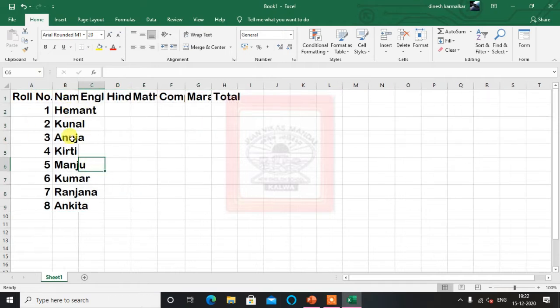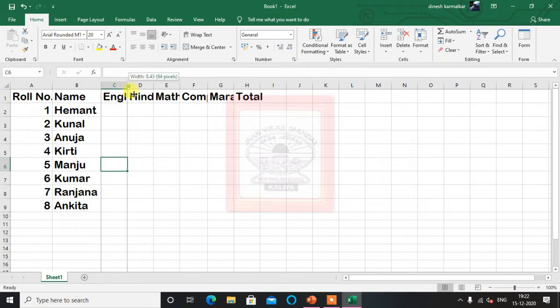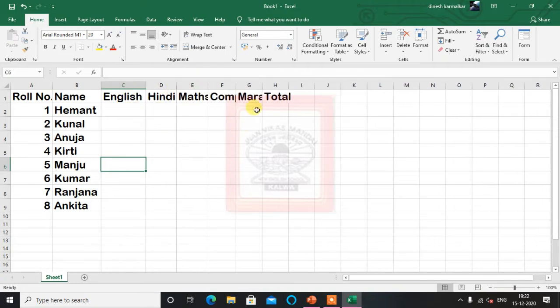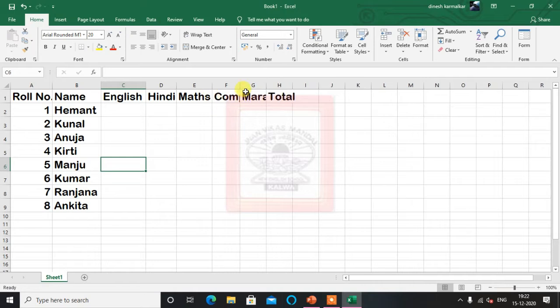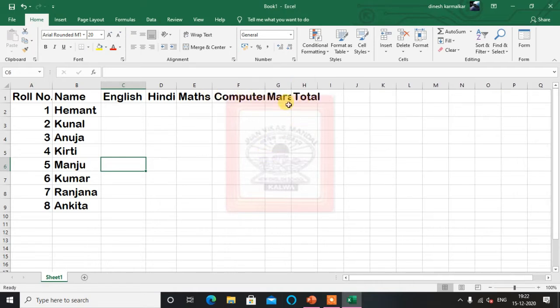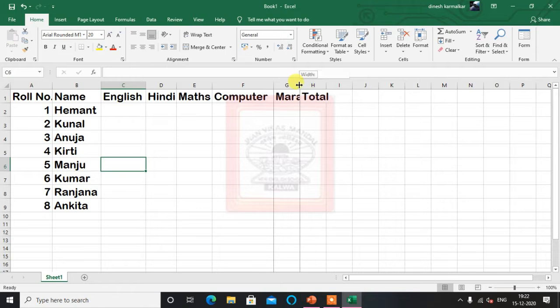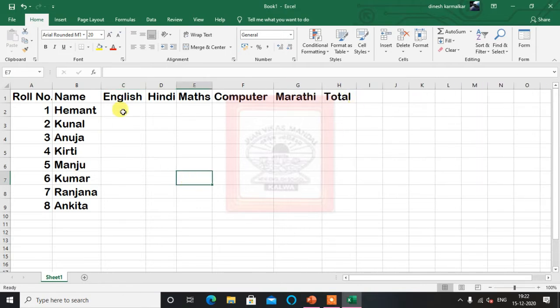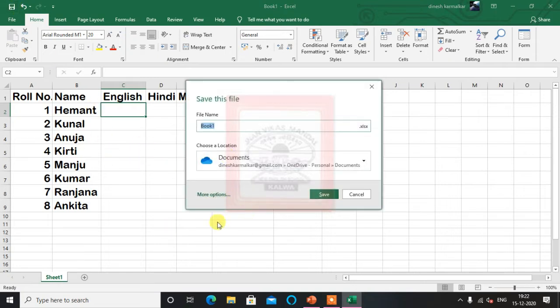So this is the roll number, this is the name, these are English, Hindi, Maths, Computer, Marathi, and here total.